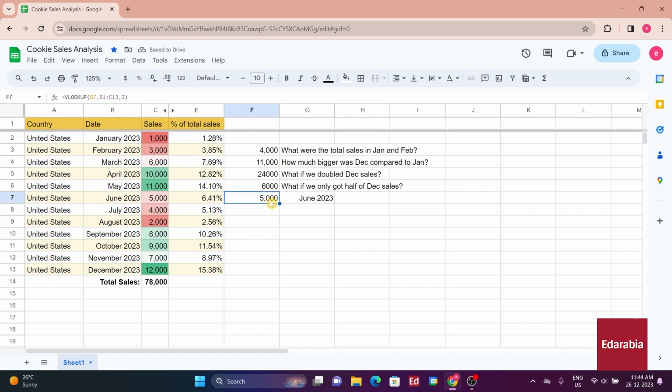You might wonder about the utility of this when you can simply glance at the table. The advantage lies in the flexibility to modify the value being searched. For instance, changing it to December 2022 automatically adjusts the VLOOKUP function, providing the sales figure of 12,000. This function, VLOOKUP, stands out as one of the most potent tools in Google Sheets, offering considerable power as you